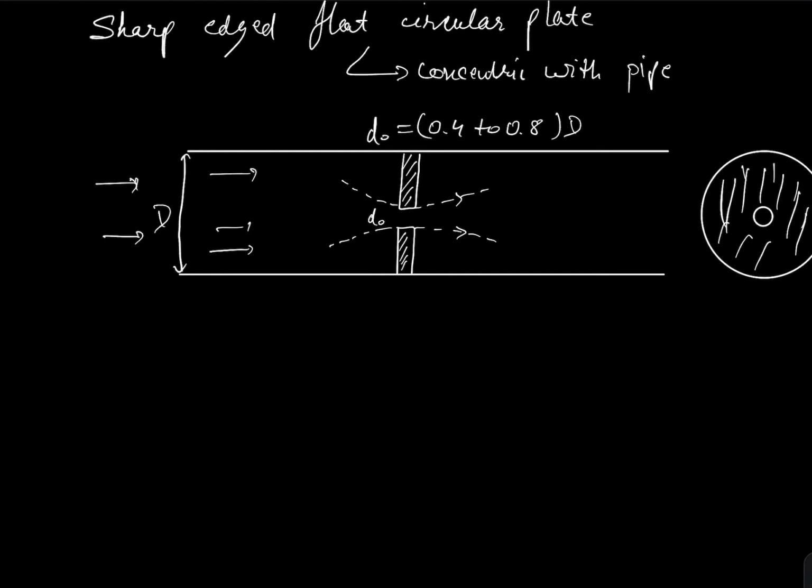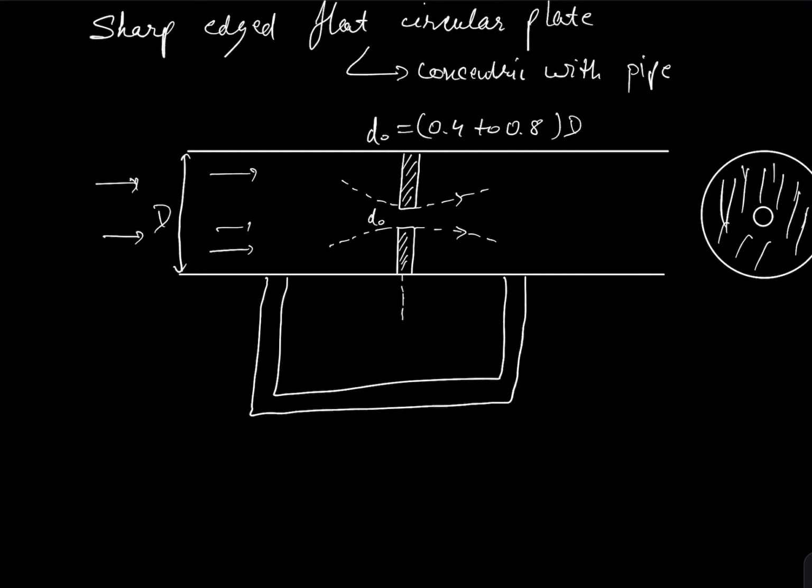Okay, so now I need to find, like there we have taken 2 points, right? One was at the throat and one was in the pipeline. So where will we measure the pressure? There is a certain definite guideline. The points where we measure the pressure are, one is sort of like this. Okay, this is basically a differential manometer that I am using here.